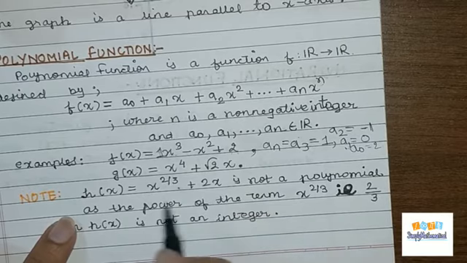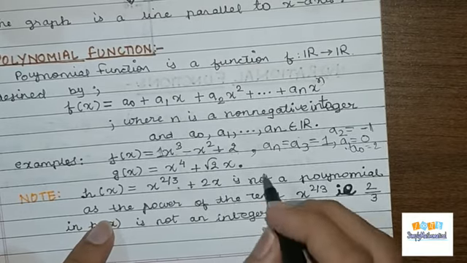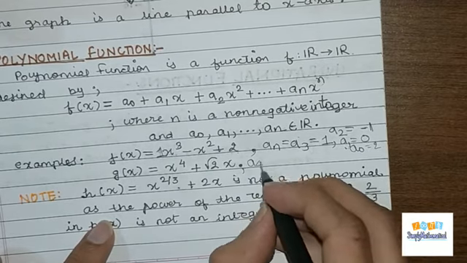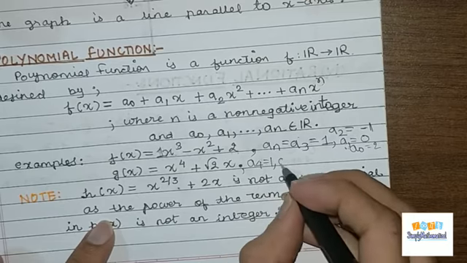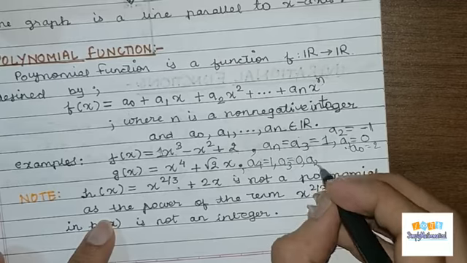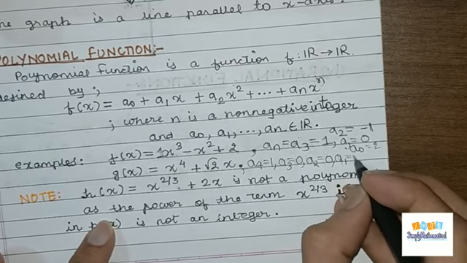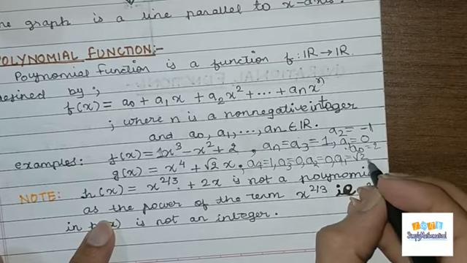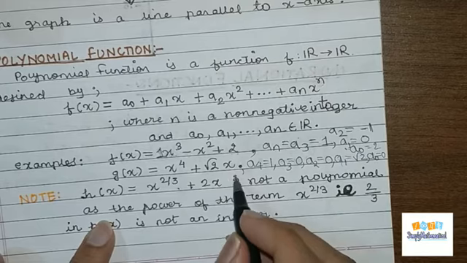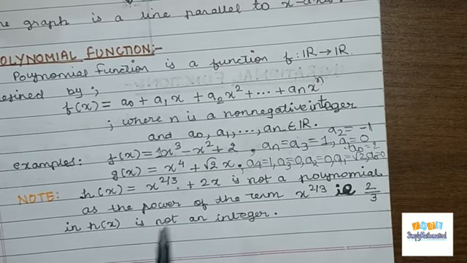Okay. So now another function we can look at, g(x) is equal to x raised to 4 plus root 2 x. So here you can see that you have n equal to 4. So a4 will be equal to 1. Then a3 will be equal to 0. Then a2 will be equal to 0. Then a1 will be equal to root 2, and a0 is what? It is 0, right, because there is no constant term here. So we have to take it as 0. a0 is equal to 0.